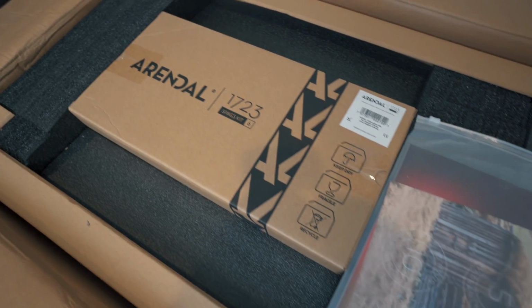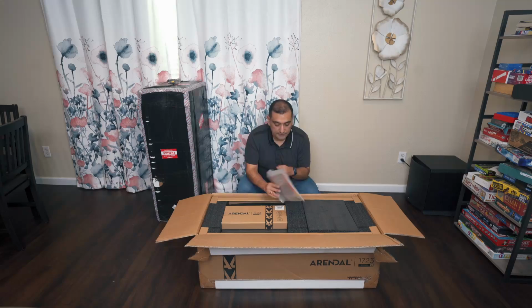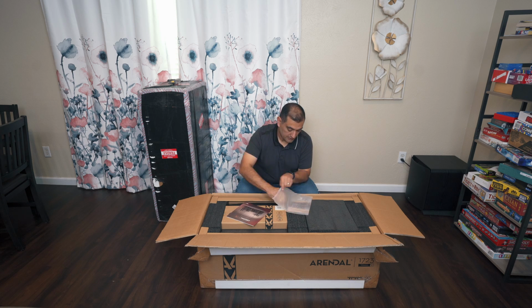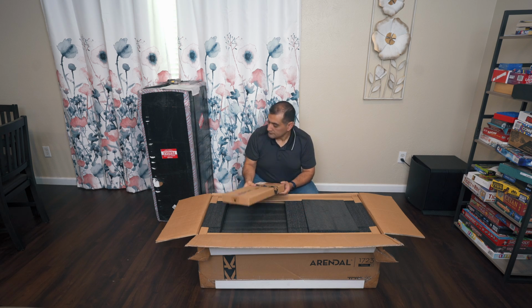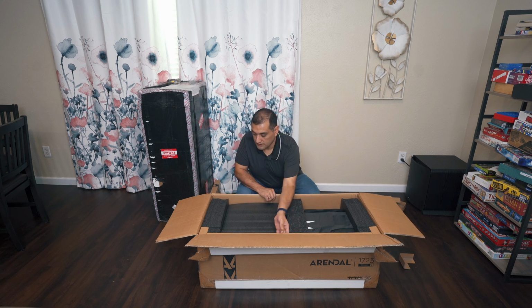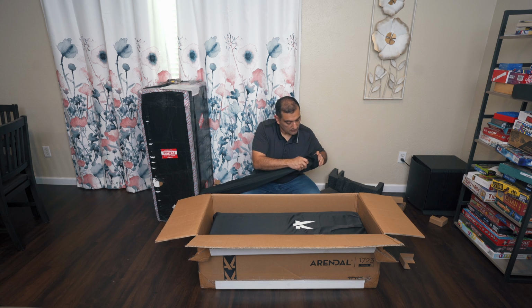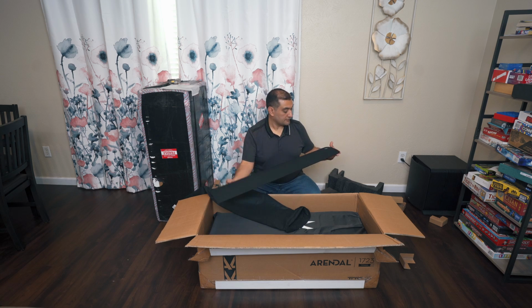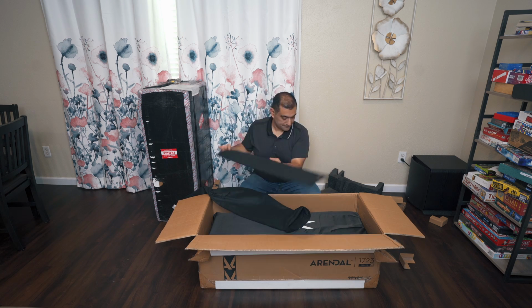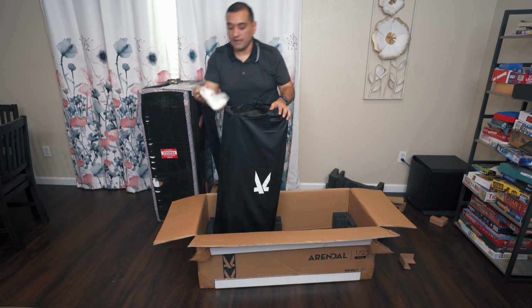On the inside you have the spikes kit, printed materials bag, and a lot of foam to keep them safe. Inside the bag is a manual and warranty card. We will get to the spike kit a little later. In addition to the foam, there's additional stiffer cardboard on the inside as well. Once I removed the foam, the first thing I took out was the grill, which is magnetic, and unlike the 1961 series, which comes in two parts, this is one large piece. Under the speaker were the white gloves,